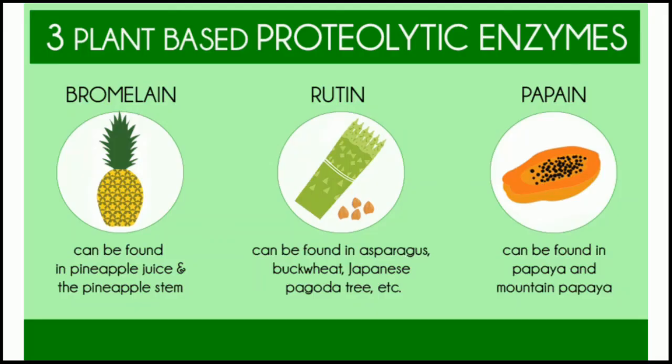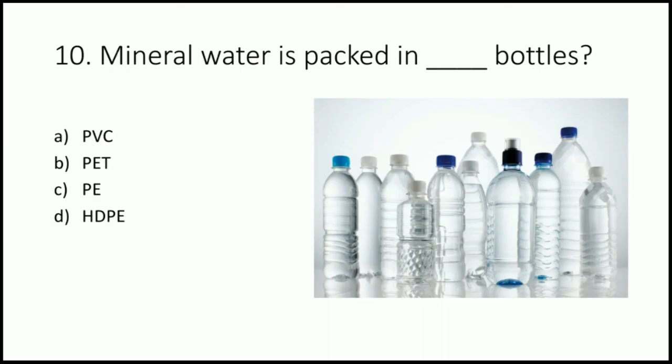So it is known as a proteolytic enzyme, and it is used for the meat tenderization process. And meat tenderization is a process in which we break down the collagen of meat to make it more palatable for consumption. It will increase its juiciness and tenderness. So this papain enzyme, that is a proteolytic enzyme, is used for meat tenderization and also has a lot of other applications. Moving on to the last question.